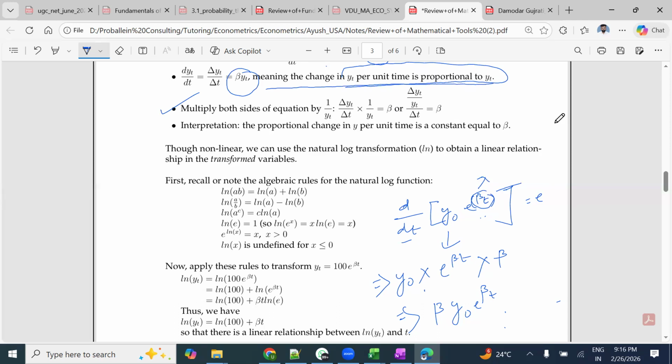Now what you will do is you will multiply both the side, माने हमारे पास है डेल्टा yt अपॉन डेल्टा t, we got बीटा yt, अब मल्टीप्लाई करेंगे both the side 1 by yt से।